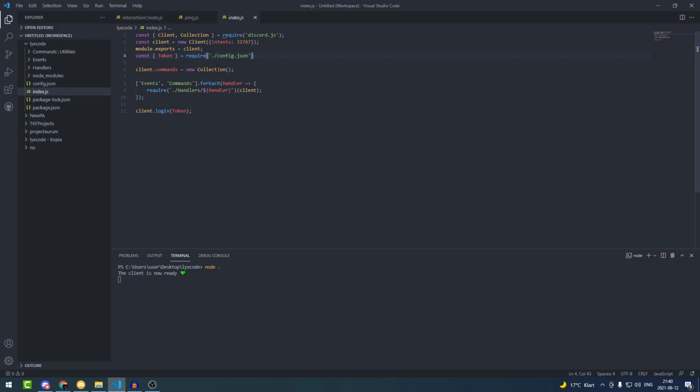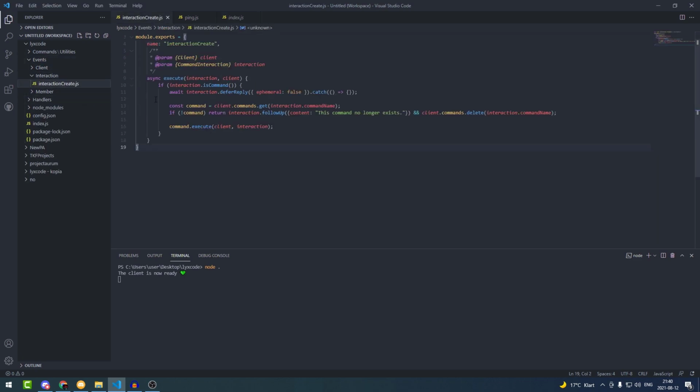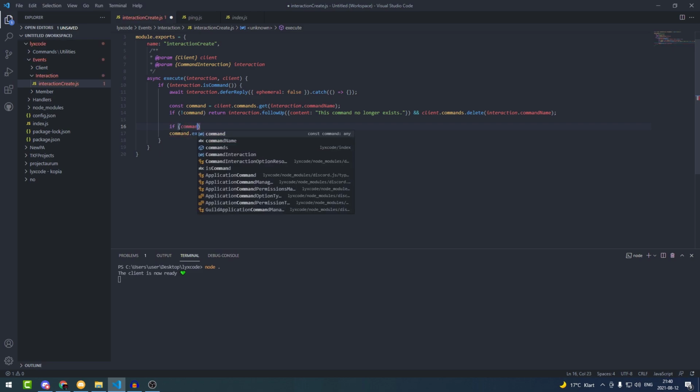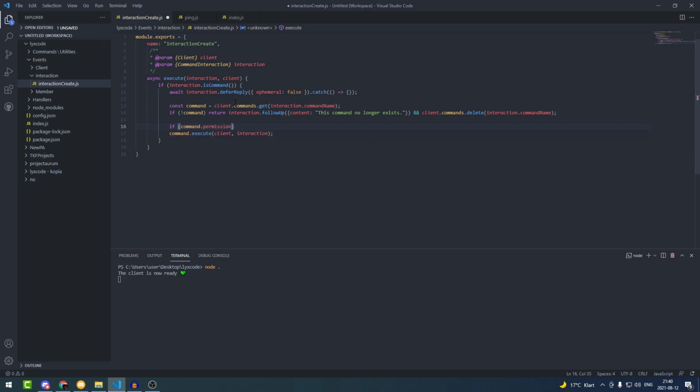So let's go right ahead and go to our events folder. Under the interaction category, we go to interactionCreate, and then we're gonna create another line under line 14 or 15, and we're gonna create an if statement. So if command.permission, so if the command has permission, and here now we're gonna define the author perms. The command uses permissions, so we type const authorPerms equals to